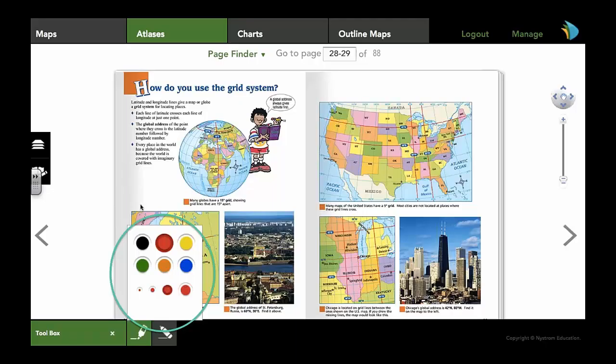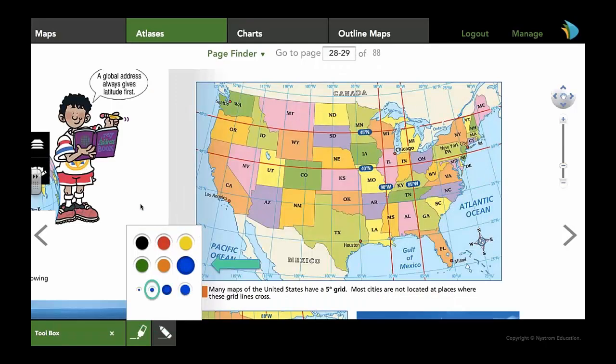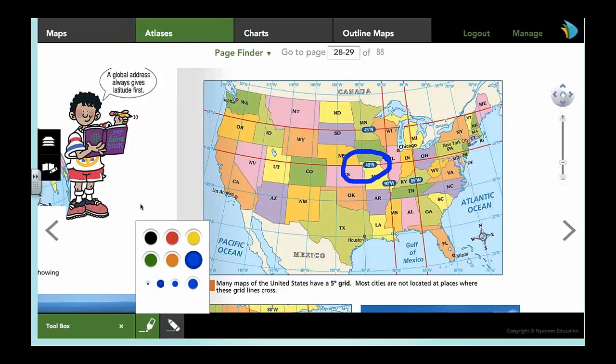So let me zoom in on the map on the right page, and I'm going to select the color blue, and I'm going to select the medium size marker point. So here I've circled a section on the map just to show you how the marker can be used,